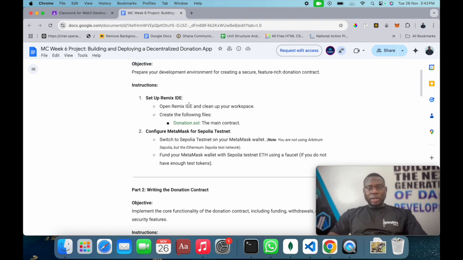We have to set up Remix IDE. This is what we've been doing. So we'll open Remix and clean up your workspace, then create the following files. All right, so we'll create the following file: donation.sol, the main contract. So this is the main contract that we'll be building for the week, and that's what we'll be creating when we open